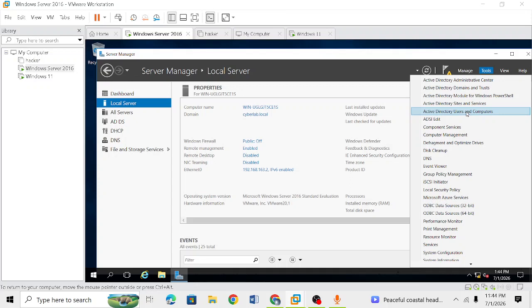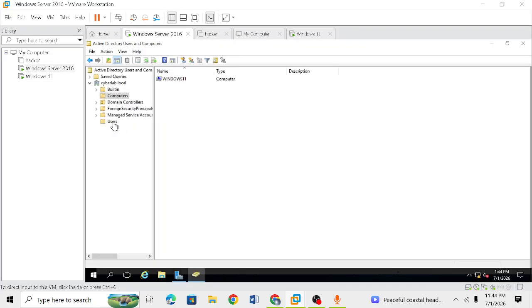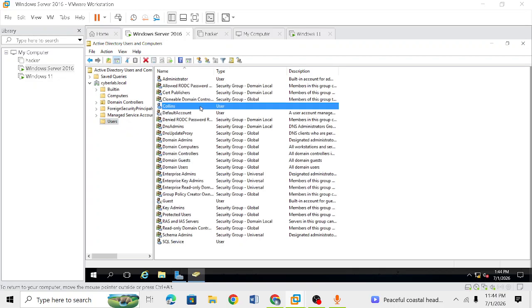So we go to Active Directory, users and computers. Yeah, so if we come to computers, here is our machine. Here it is. Now here it is, Windows 11. Now from this, it's still restarting. We want to log into this machine as an admin and see if for sure it will give us